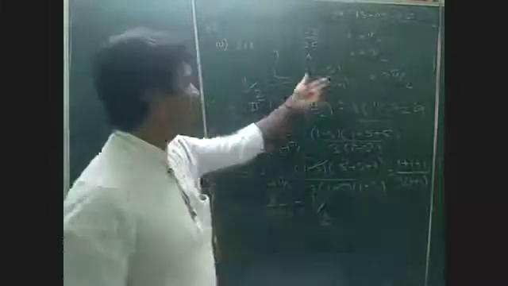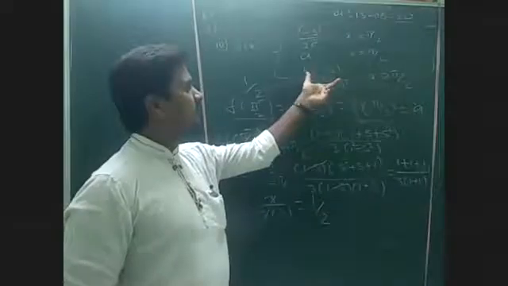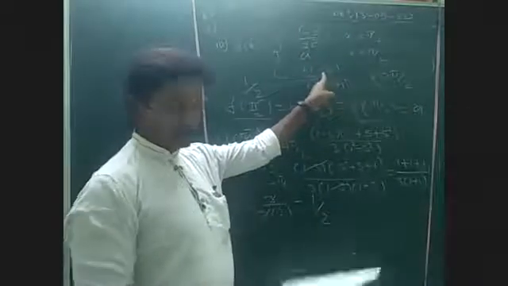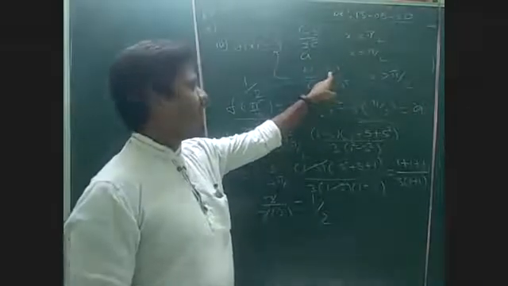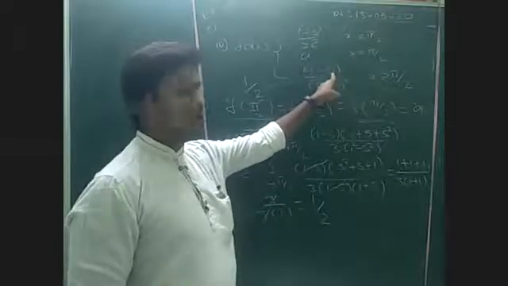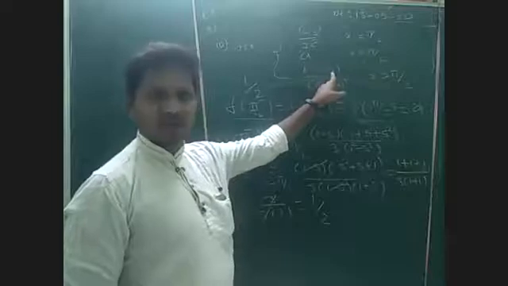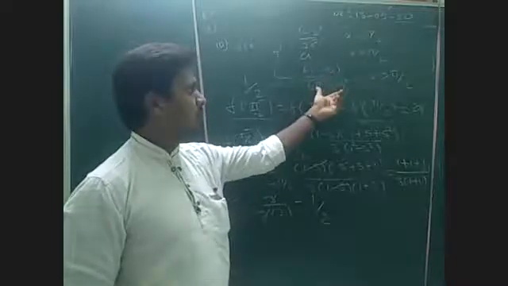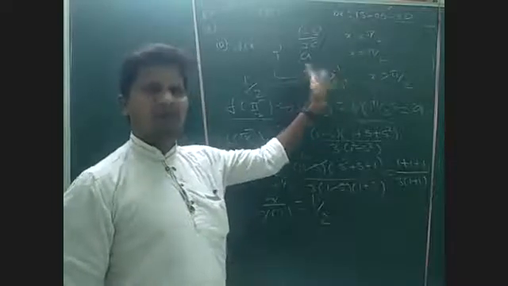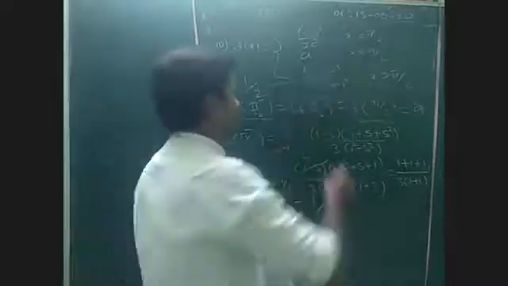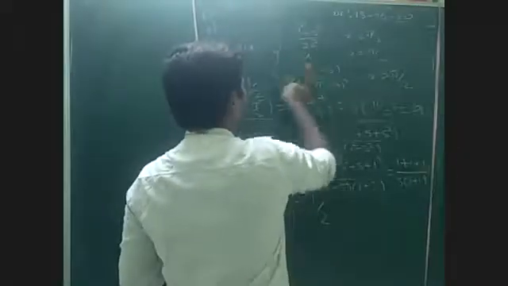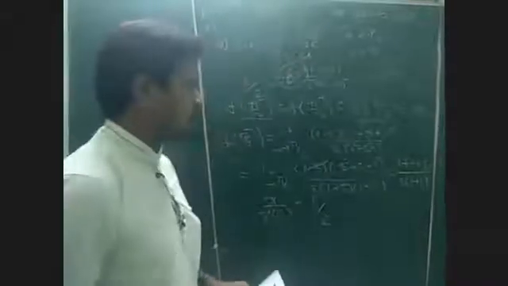You can simplify this right hand limit. How to simplify here? Very simple. This 1 minus sin, first you can convert into cos. Sin can be written as cos of 90 minus theta. Then the 1 minus cos 2 theta formula you can apply. Then you can expand that. I think here you'll get the B value as 8. You can check once.